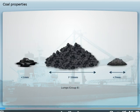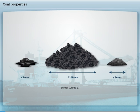Both main types of coal cargo come in a variety of grain or lump sizes of up to about 50 millimeters. Coal with a grain size of less than 7 millimeters, often called small coal or coal duff, should be treated as a Group A cargo. Coal particles up to about 1 millimeter mixed with water can also be offered as a cargo. These are Group A cargoes as defined in the IMSBC code,